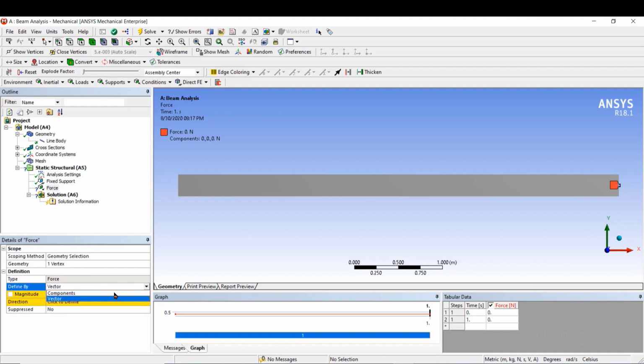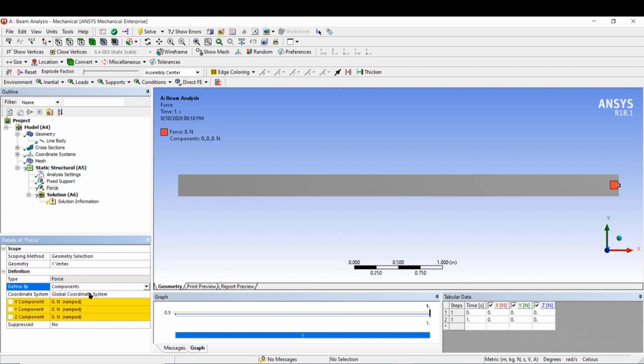So select components. The force is acting along the y-axis, in the negative y direction. So change the force here as minus 5000 Newton. Now you can see the beam is supported at left hand side end, and here the force is acting 5000 Newton in the negative y direction.